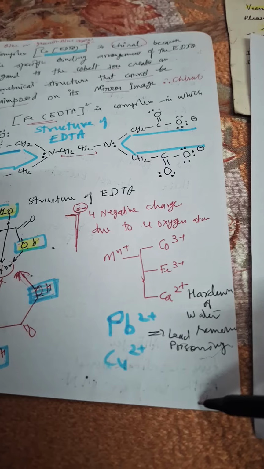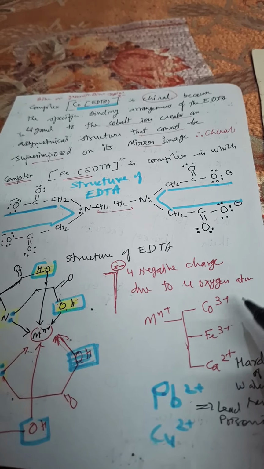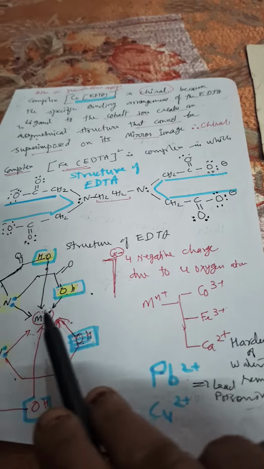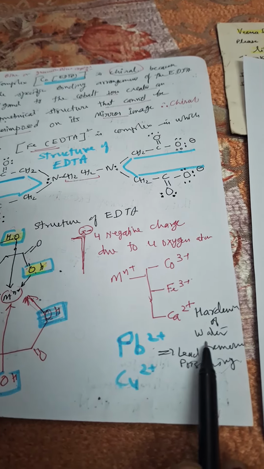It will cure all these types of poisoning: lead poisoning, copper poisoning, iron poisoning, cobalt. This can be removed by this. Now Ca2+, hardness of water can be